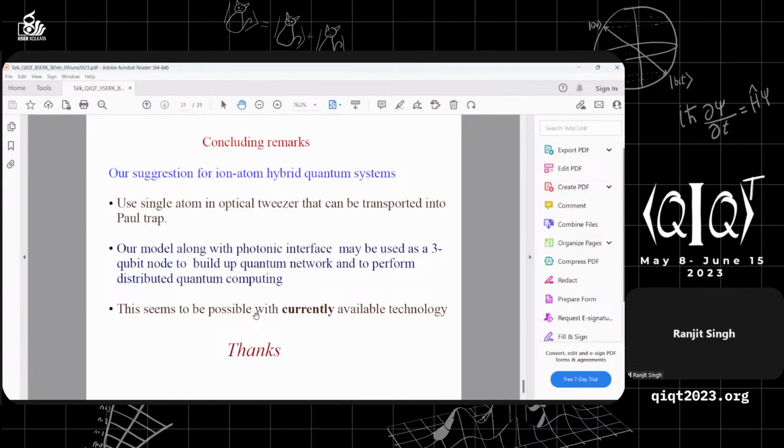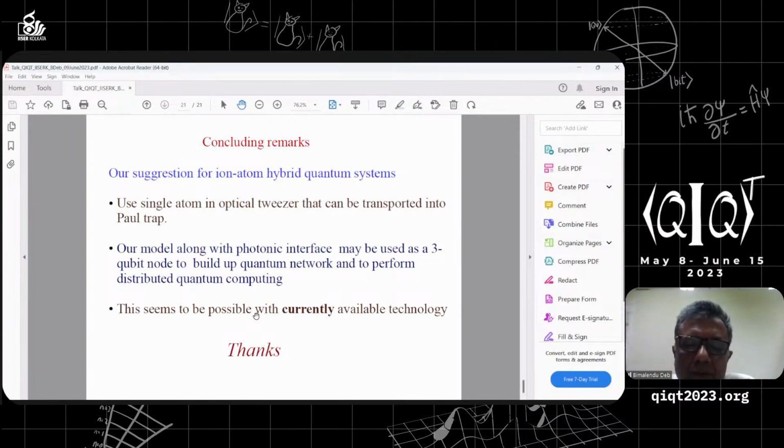Thank you for your talk. Do you plan to consider decoherence in your equations or model, and then recalculate to see the impact on parameters like entanglement? Okay, that we have not looked into, but this is a good suggestion.